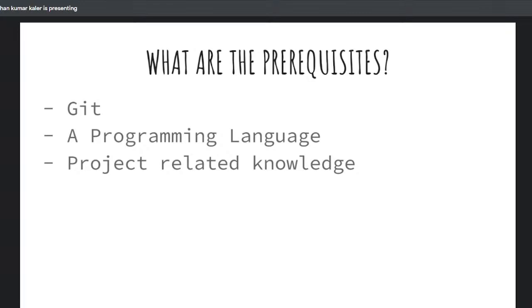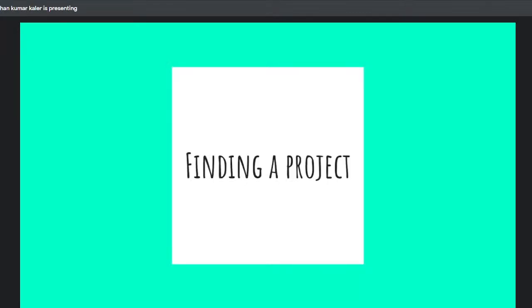The stuff depends upon the project that you are going to implement. So how do we find a project? Finding a project isn't straightforward. It takes a lot of time to find the project you really want to implement. So the first task is basically finding the organization that suits you, like the organization that you are really interested